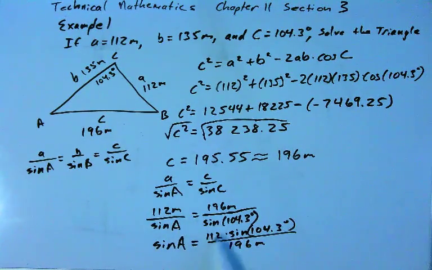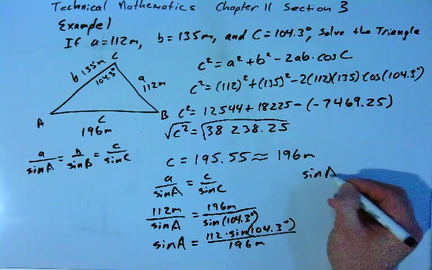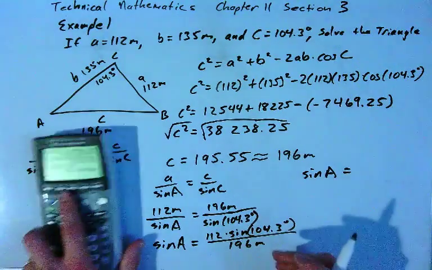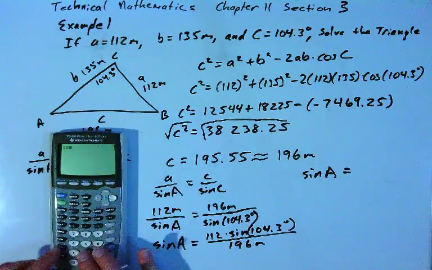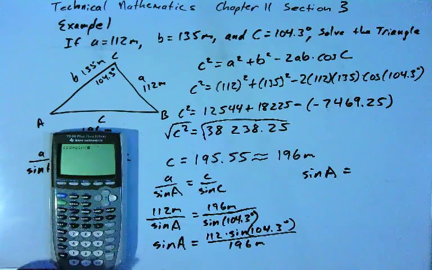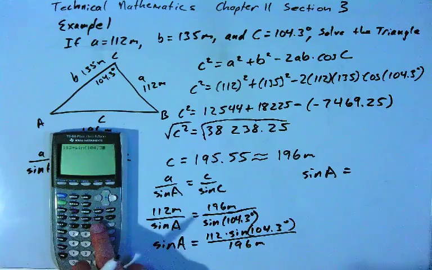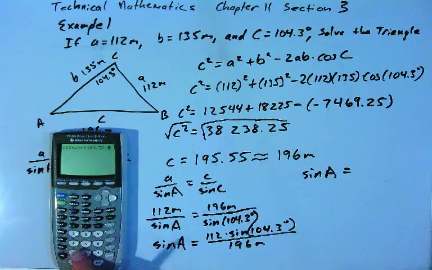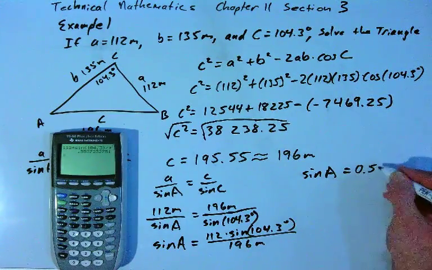So 112 times sine, right, 112 times sine. On the other side I would get 196 sine A, but then I need to divide by 196. So I'm cross multiplying and dividing. That's how I'm solving these equations that way. Okay, so I'm going to work this out first. Sine A equals, and so we have 112 times the sine of 104.3, close parentheses, divided by 196, and we get